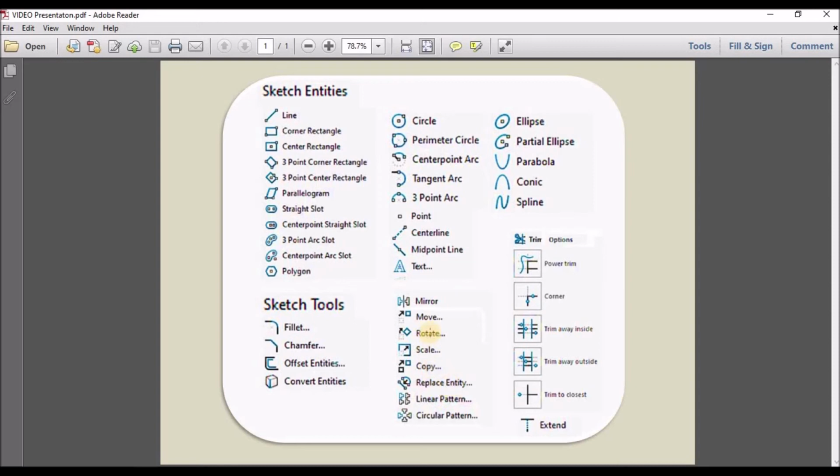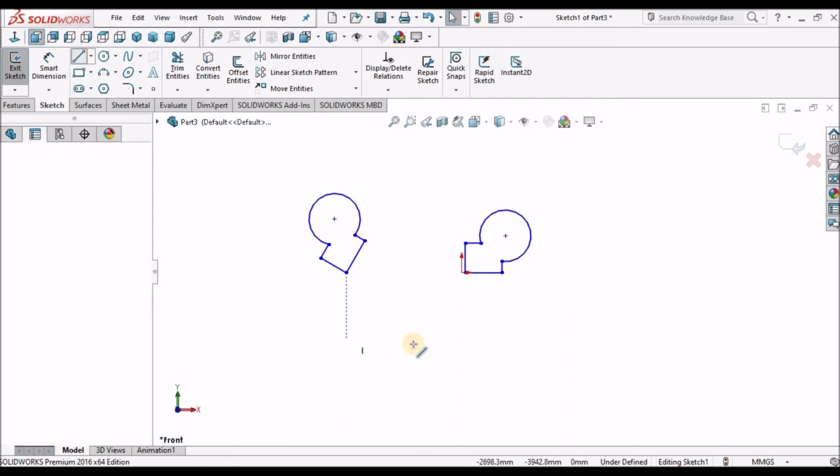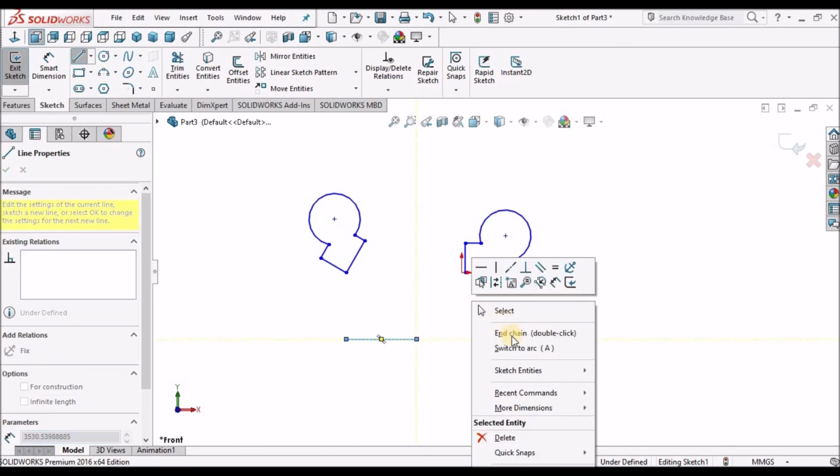Okay, copy, scale, rotate, move, mirror, linear pattern, everything is completed. Now replace entity. We mostly use replace entity in product styling or reverse engineering.